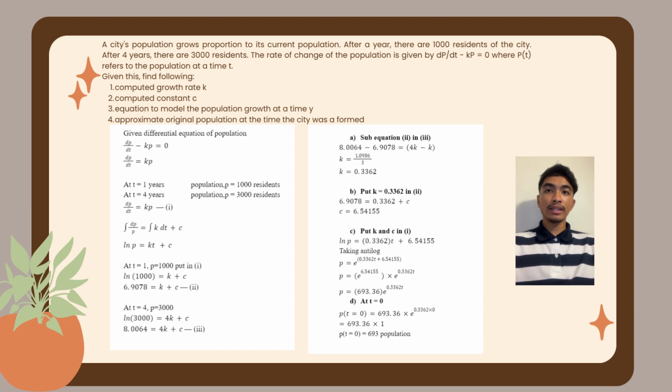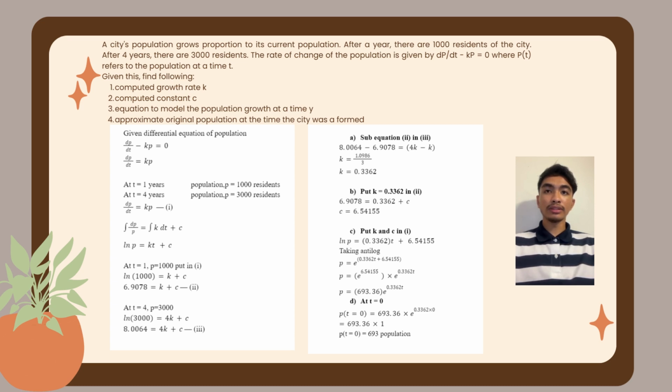So we got k equal to 0.3362. For question B, we put k equal to 0.3362 in equation 2. So we got c equal to 6.54155. For question C, we put k and c in equation 1. So we got